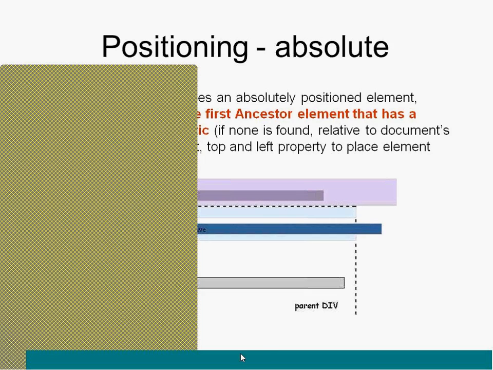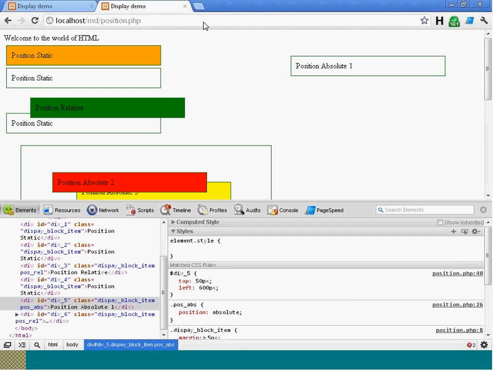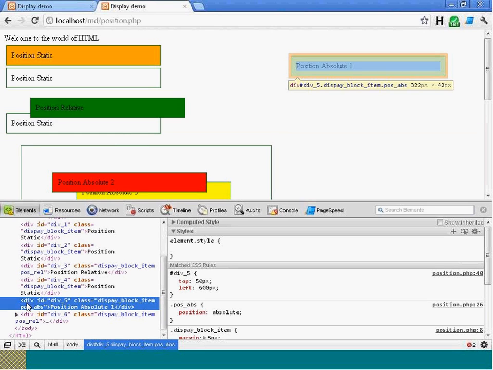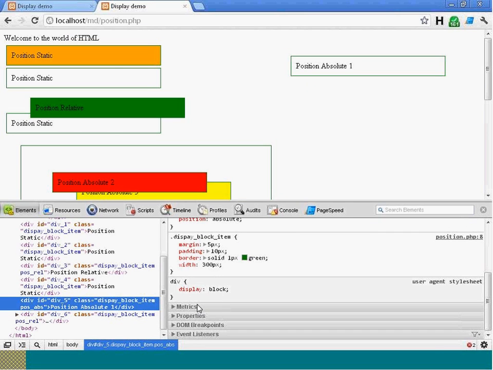You need not stress too much, because I've already created both examples. So the first one, let's say when we created this element div5, the position is absolute, and I have said top is equal to 50 and left is equal to 600. It looks like this much space is 50, this much, and this was 600. If you want, I can